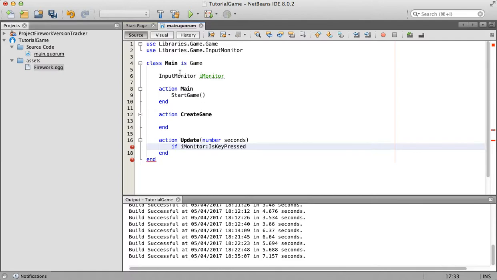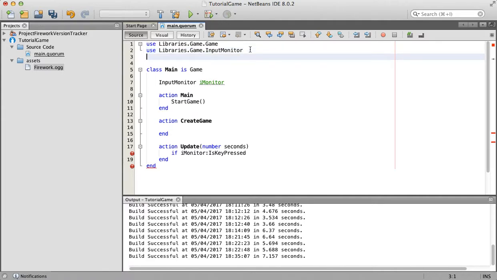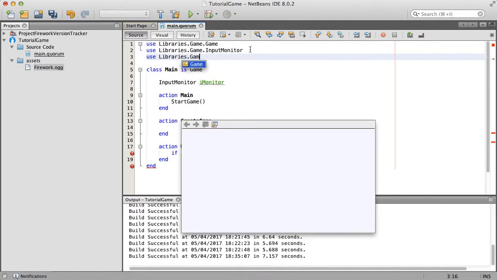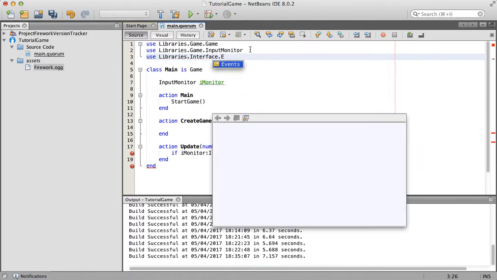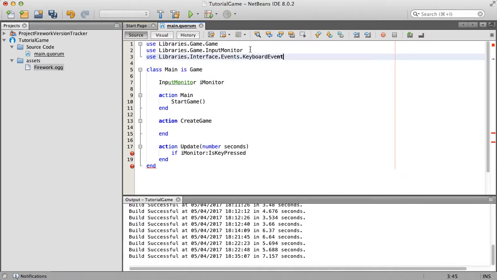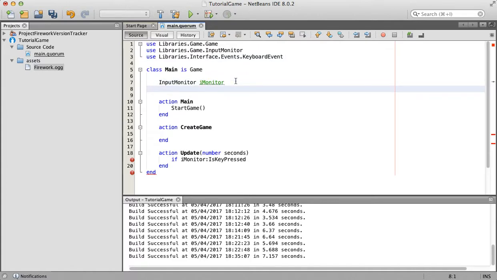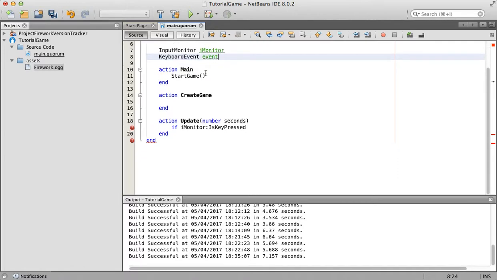Now, before we actually do anything else with this if statement, we also need a keyboard event object. So we need to import keyboard event as well. So use libraries.interface.events.keyboard event, and then keyboard event. Now we do parentheses around here, and